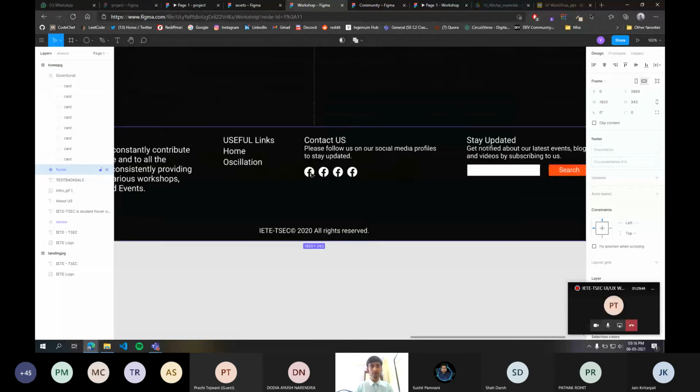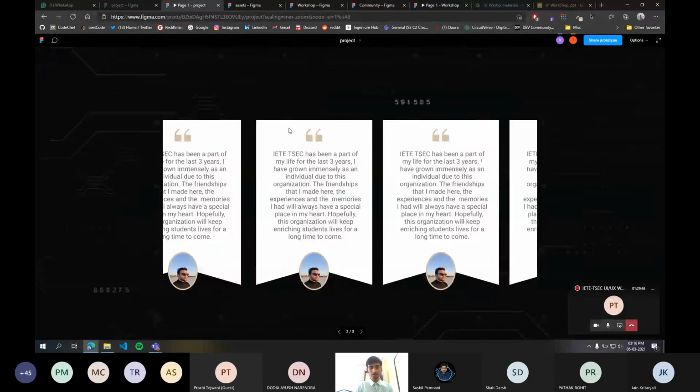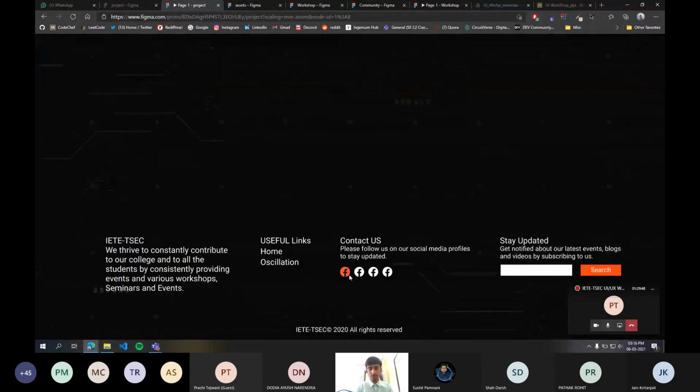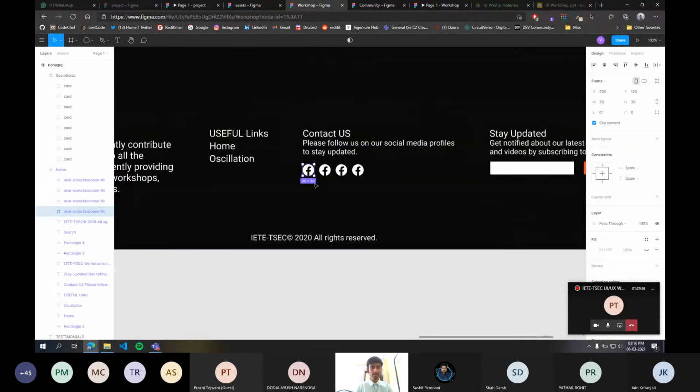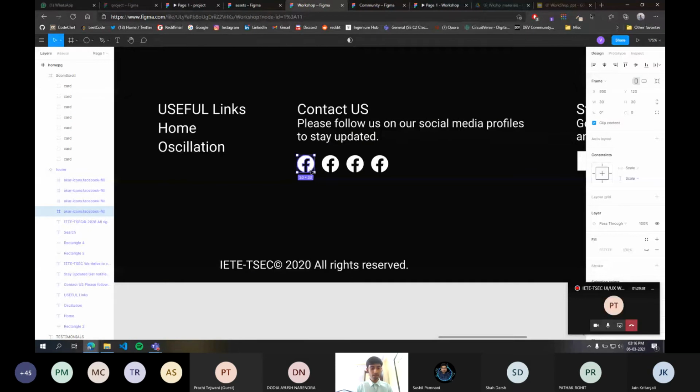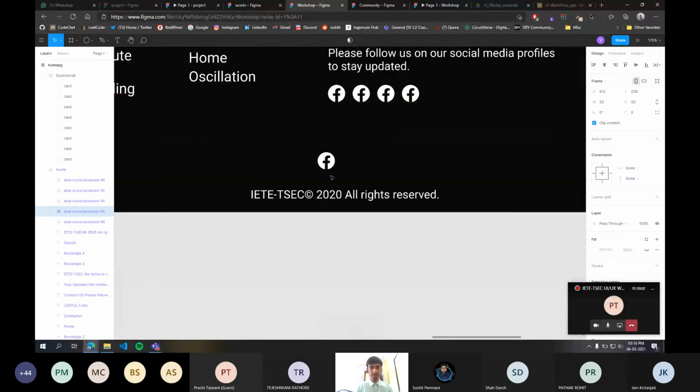Okay, so now for this hover effect on the social media link thing, what you can do is select this social media icon. You can again duplicate it, and just bring it outside of the frame. Now you can see in the layers tab this entire social media vector has been selected as a frame.